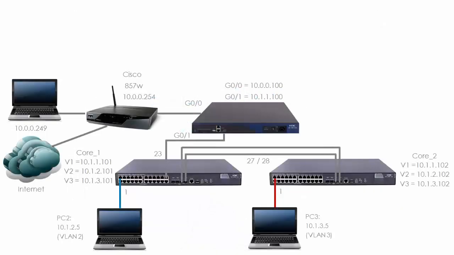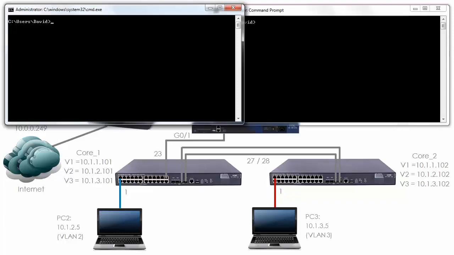Now that our link aggregation is working, we need to put the PCs into the right VLANs. So on port 1, on the first core switch, port 1 needs to be put into VLAN 2. On the second core switch, port 1 needs to be put into VLAN 3. So I'll telnet to core 1,